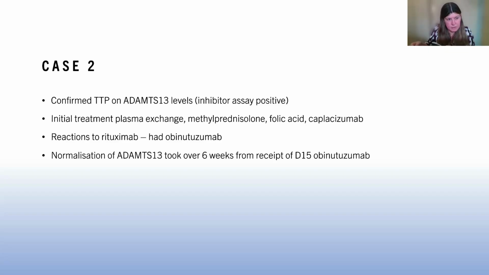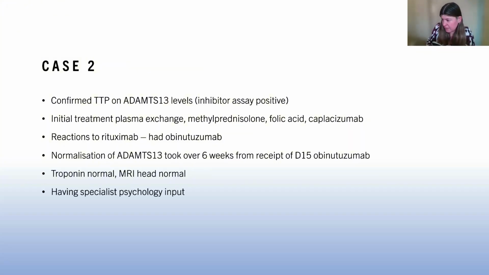So we've been monitoring her closely and letting her know when she can stop her caplacizumab. Her troponin's normal now, which is good. And she's had an MRI of her head, which was normal. And she's had excellent input from our specialist psychology team. So I appreciate we're in a very fortunate position to have this service. But one of the things that we know with TTP is that as we get better at treating the initial part of it,